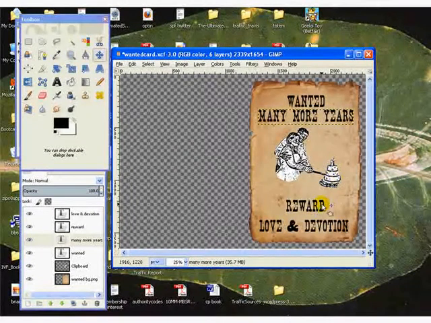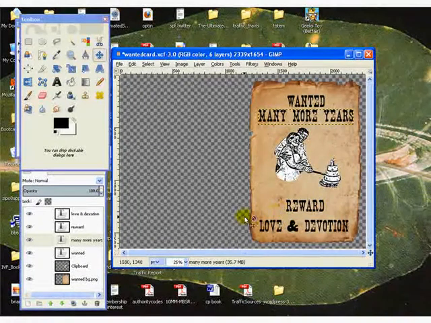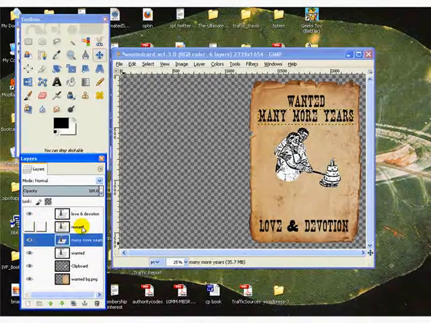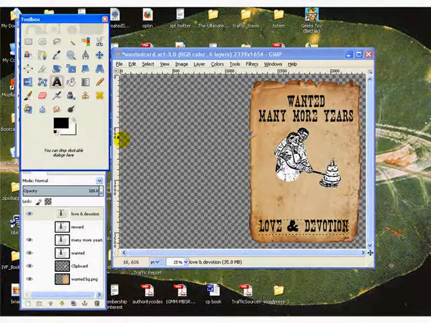And I think we may get rid of the reward actually, because that kind of is the reward, isn't it? Many more years together. So we can turn off this reward layer by clicking the eye next to it, make it invisible. And let's change the love and devotion. So we click on that layer, get the text tool again,